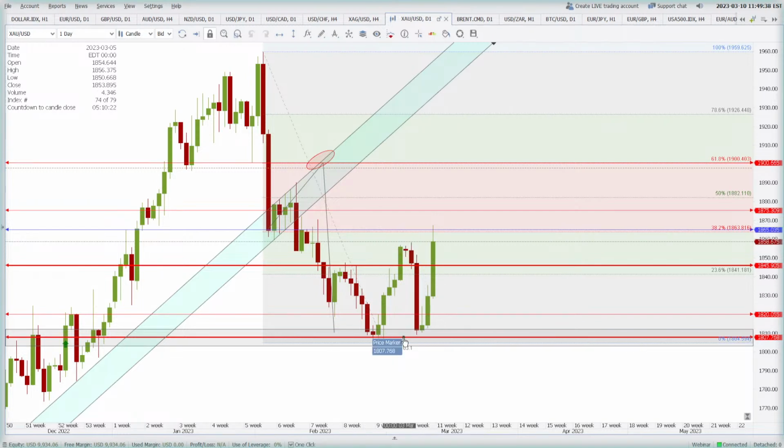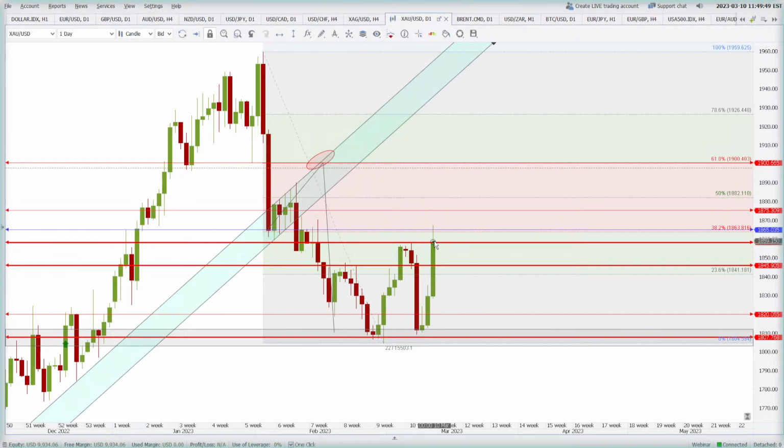The targets are taken, the double bottom is broken. Now we need a close higher than this high here. I'll mark this high here. Once it closes, we will be looking for a buying opportunity like this. Okay, in that case, once that happens,